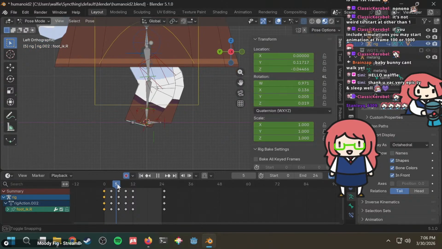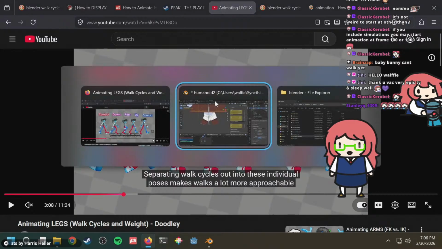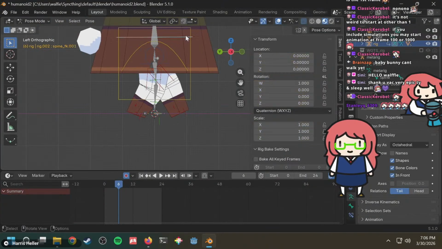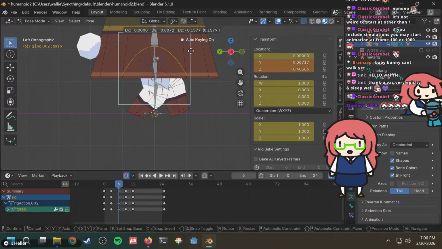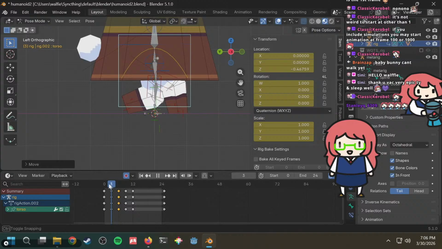And then the next one is the pass. And pass, I believe, where is the torso relative? It goes down. Okay, so the torso goes down this step. So you can move this down even more.